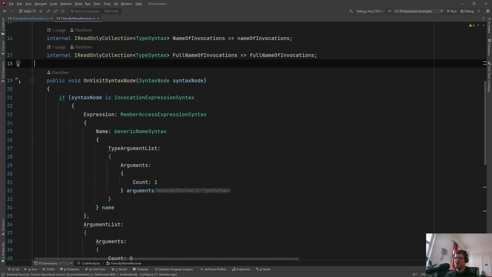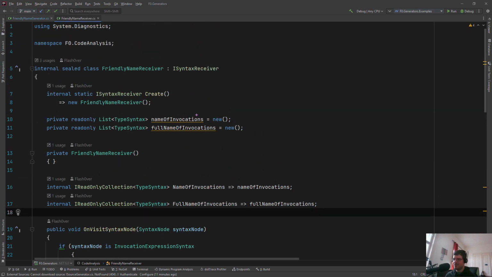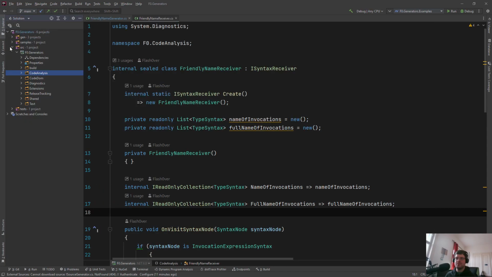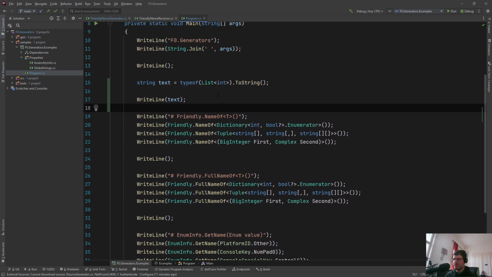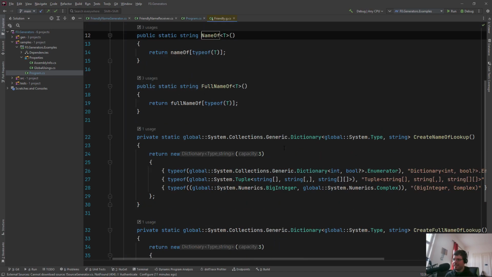And yeah, so now the syntax receiver adds those types. If I jump to the example, we have here several usages of nameof. It basically extracts this type here, so this type information that we pass in to this nameof method. So we want to know that so that we then can, for each of these types, jump into